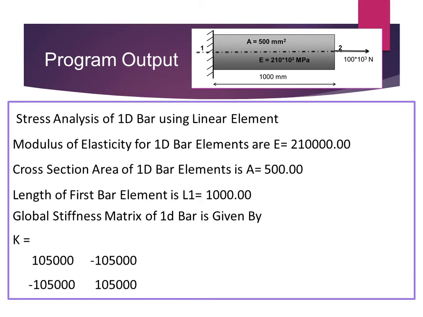Next is the elimination approach to remove row and column 1, because the first end is fixed, and for that I have to modify the stiffness matrix also in the MATLAB program. Now I am considering the stiffness matrix is equal to matrix, and I am considering an inbuilt function, that is rows to remove and columns to remove, and I am giving it in matrix form, that is which row we have to remove, that is the first row.